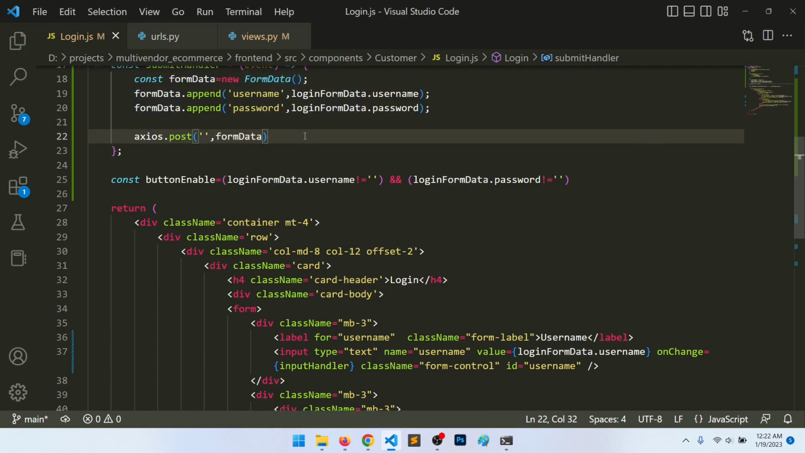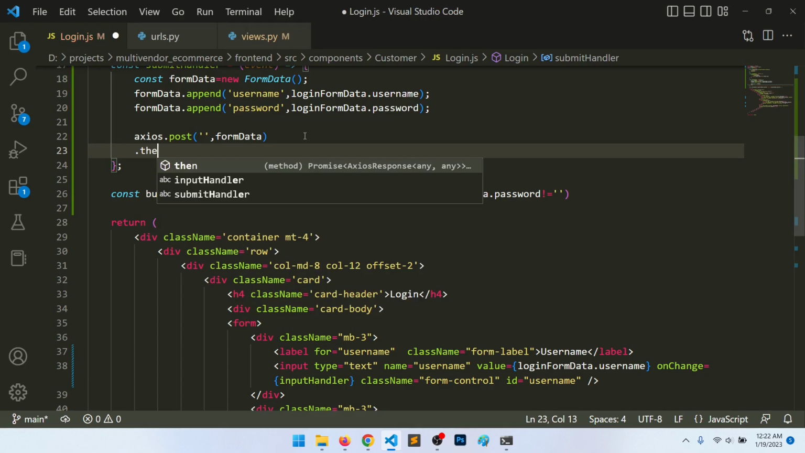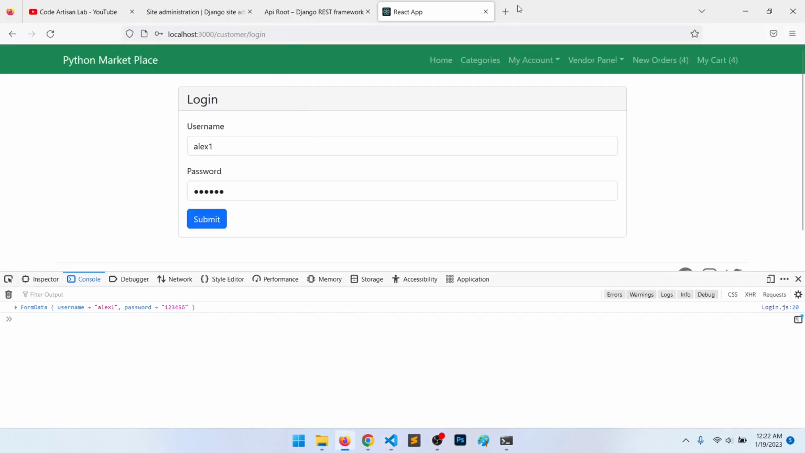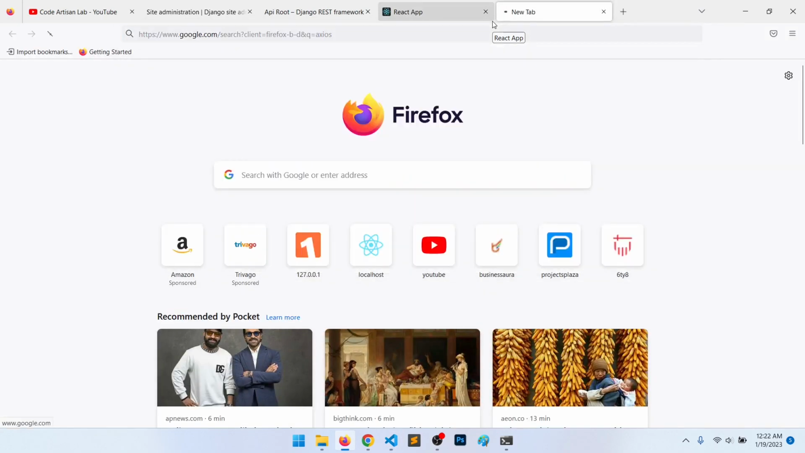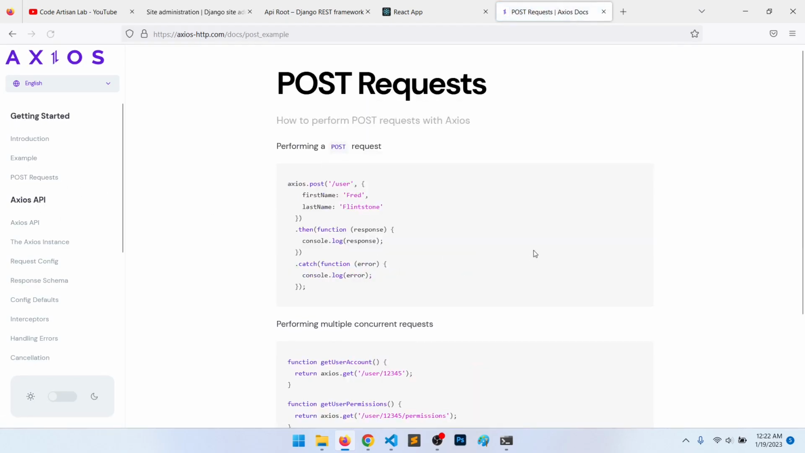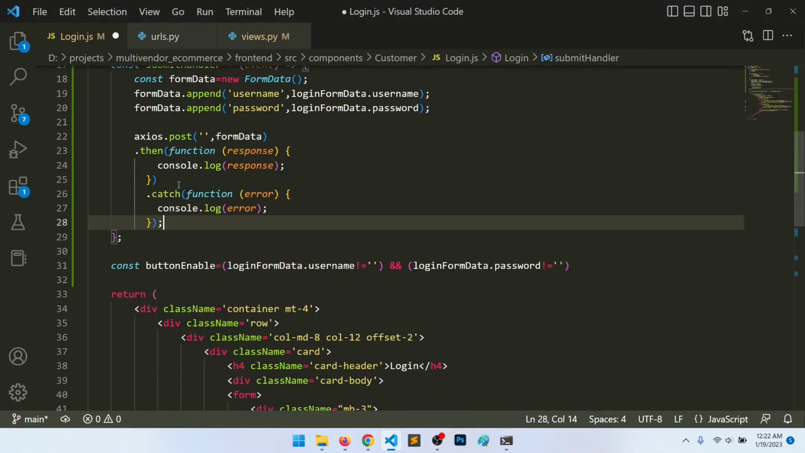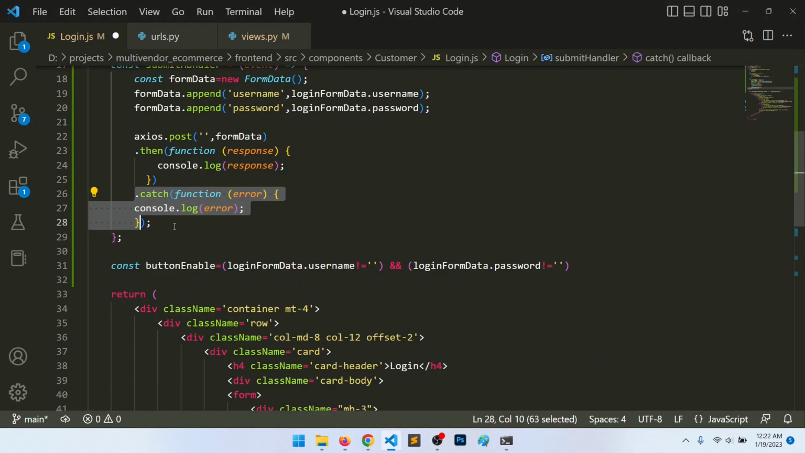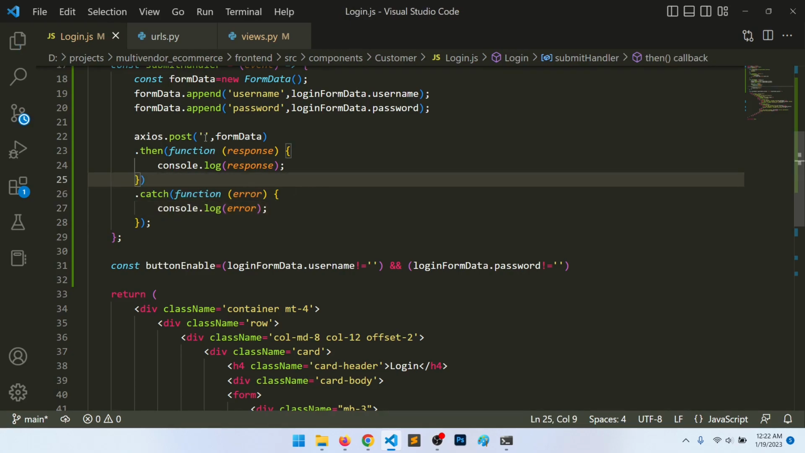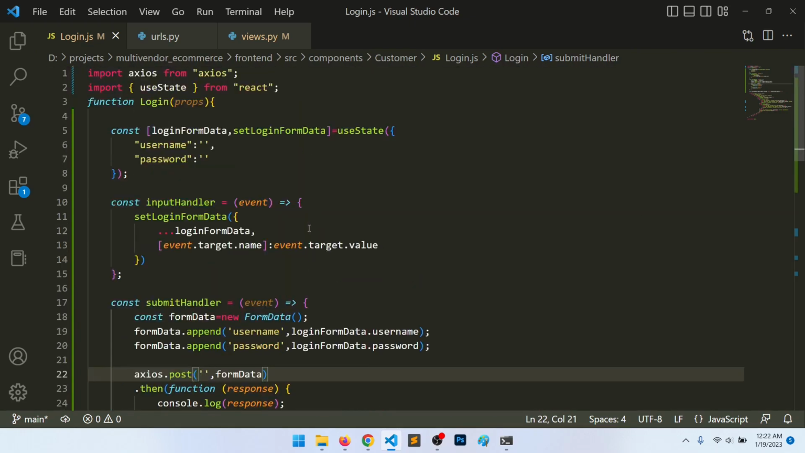Okay, so what I will say, axios.post, first thing is the URL, second thing is the form data, right? And then third thing is the response. So let's check this. So what it will say, Axios HTTP client, right? Post request, here we are. So the URL and the form data, and then we need to use this thing. Okay, so response, right? And form data, what it will be, let's define